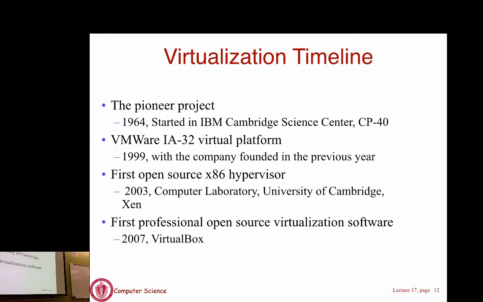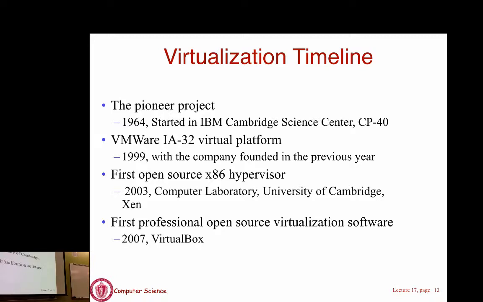The first virtualization project actually started at the IBM Cambridge Research Center. They were trying to build a virtual time-sharing OS to enable their time-sharing requirements. As you know, the machines at that time were super big, and people needed to collaborate and coordinate work on the machine. So they wanted to have this time-sharing feature.